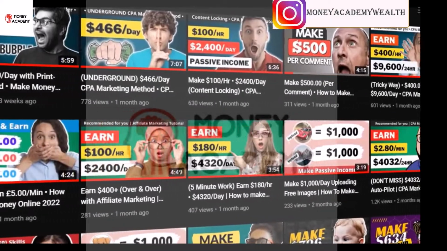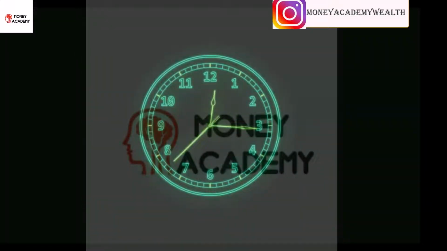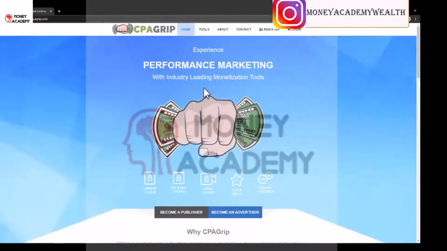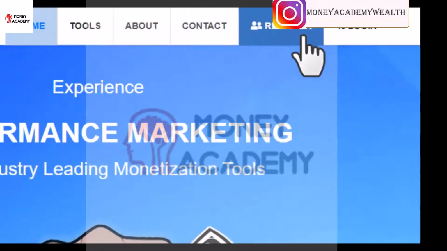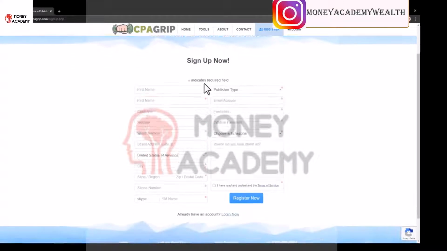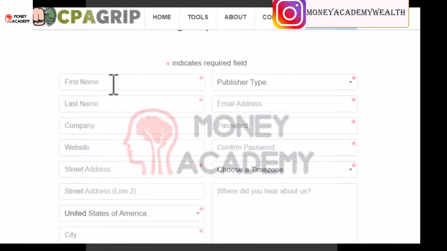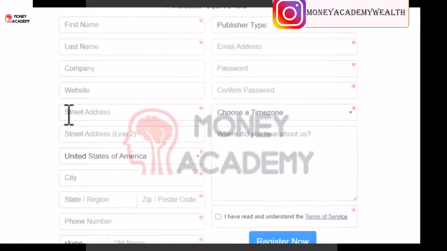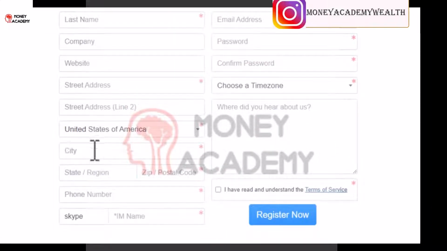Now without wasting any more seconds, first of all you want to head over to the CPA Grip website, and if you don't have an account, then you want to click here register. Now here you want to fill up this sign up form. You want to type your first name here, then your last name, and then your street address here, and after that your city name, then your state, your zip code or postal code, then you want to put your phone number here, and then your Skype